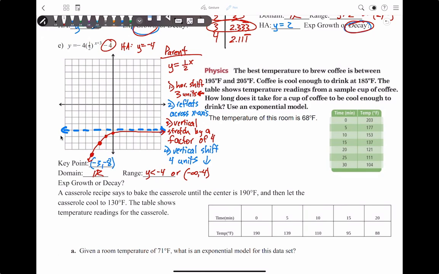And this, because this b value is between 0 and 1, is decay. Okay, even though it's increasing as you go to the right, it's not increasing forever. It doesn't go off to infinity. Okay, that would be growth. This increases because it's going up as you go to the right, but then it tapers off to this horizontal asymptote, and it levels off. That's not growth. When it levels off like that as you go to the right, that's decay. Okay. All right. So let's see what else is